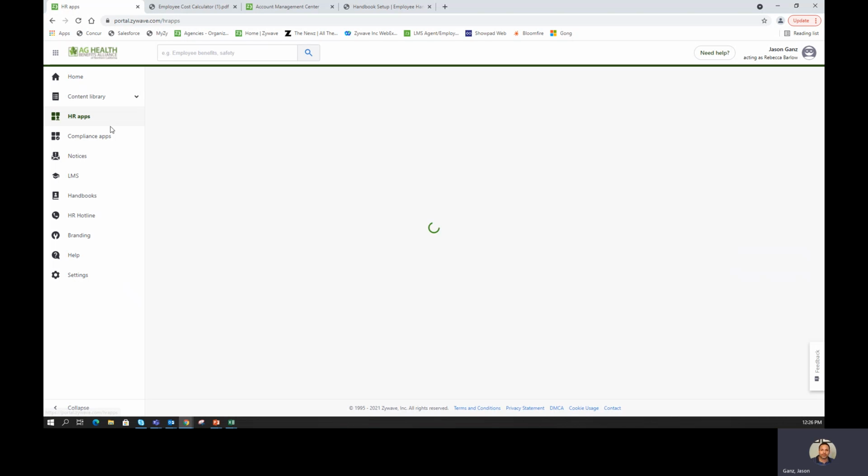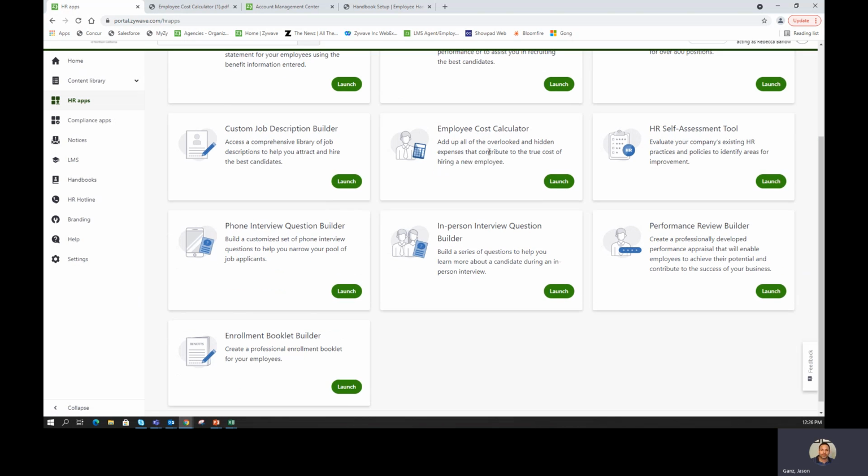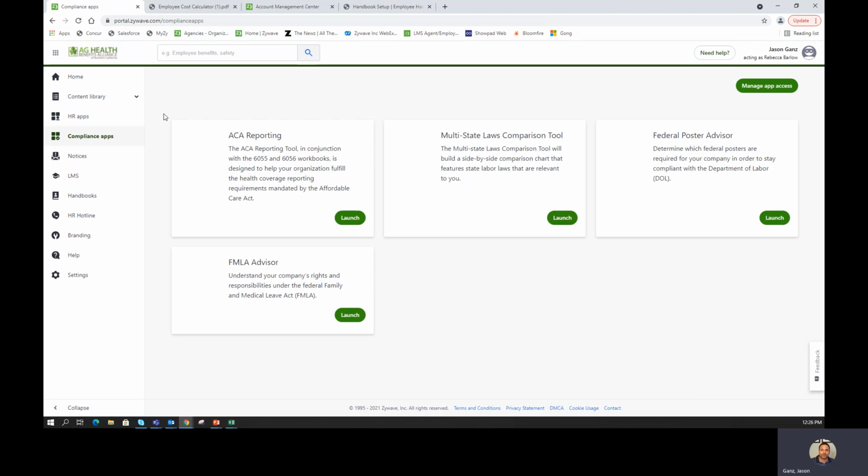And when we get back to these HR apps, all of the apps inside of this section are as easy, right? Just click, point, put in some information, and you're good to go. Moving down the line onto the compliance apps,